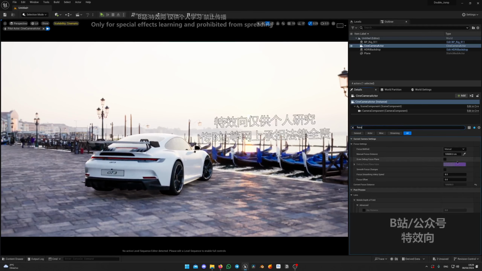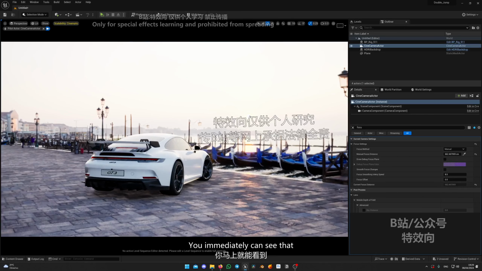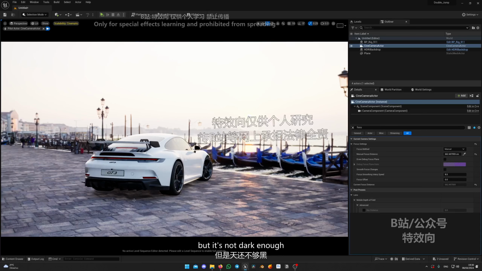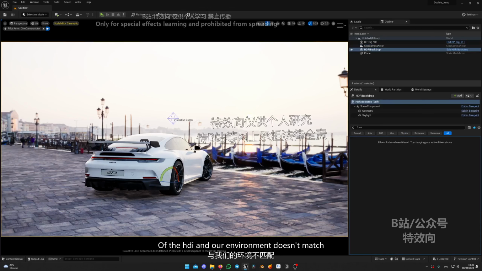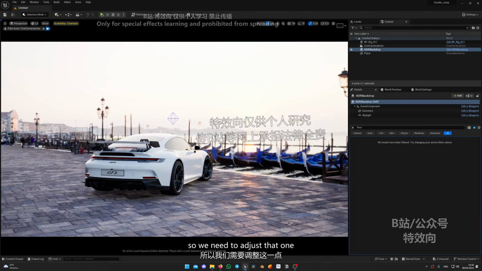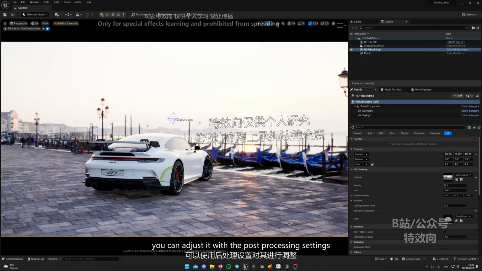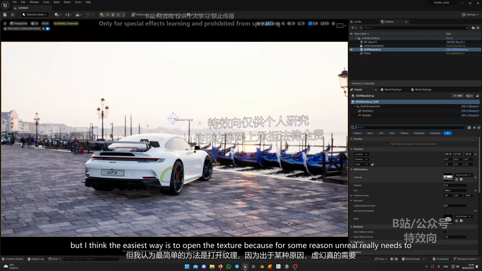Now let's focus on the car, but what you can immediately see is that there is no shadow under our car. Well, there is, but it's not dark enough. Basically, the contrast of the HDRI and our environment doesn't match. It doesn't look right. So we need to adjust that. You can adjust it with the post-processing settings, creating the color volume, but I think the easiest way is to